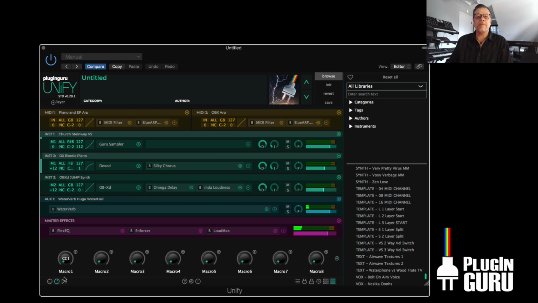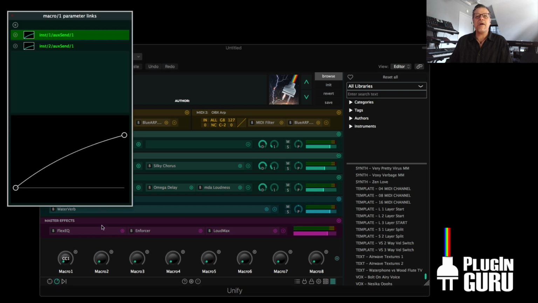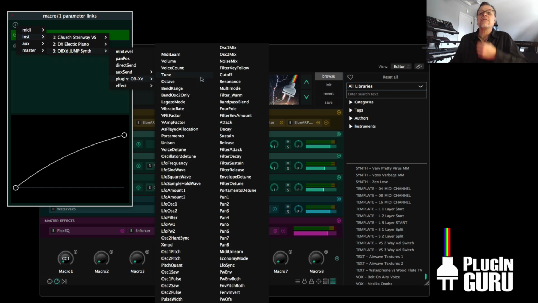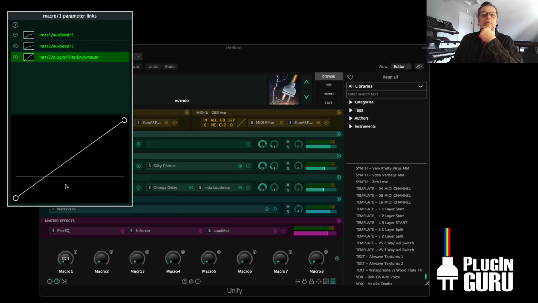Let's go to these knobs and let's go to the linked parameters and add from OBXD, the plugin. Let's go down here and look through the effect list. Here's cutoff. Here's filter envelope amount. Perfect. And as you can see, there's a line across that shows what it's currently set at. And then we can use this to modify it. So as I play,